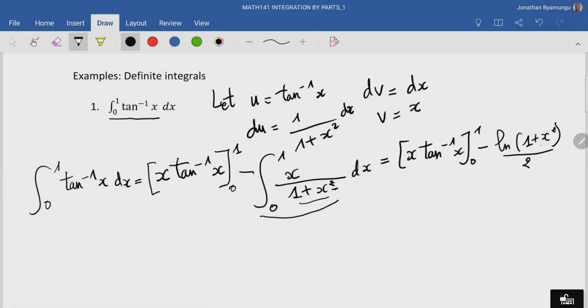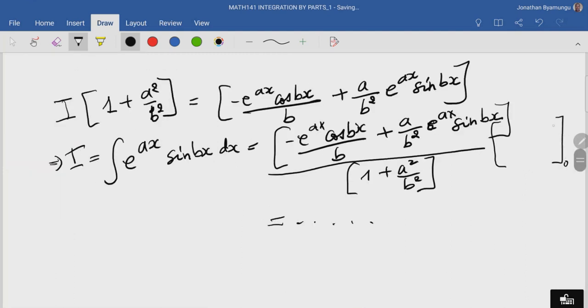So you have to go back to how we previously solved these types of integrals to understand the thinking behind this. Right, so that is what that integral is equal to, and this is evaluated between